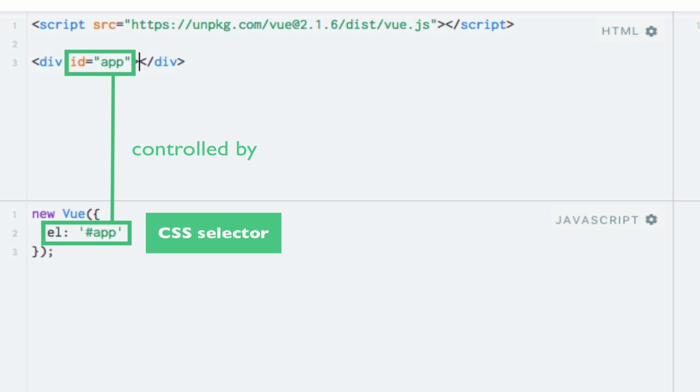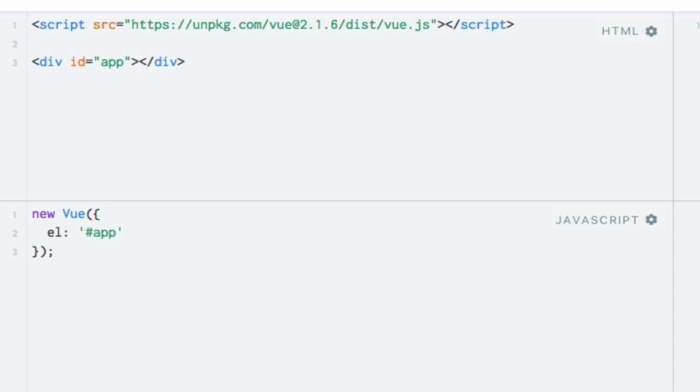Now instead of just writing hello world directly in the HTML, let's make it more dynamic by using something called string interpolation. In order to do that, we have to first shift our attention back to our Vue instance and introduce a new property named data. As its name implies, this is where we'll add the data that we want to be accessible within our Vue instance, and thereby within our template as well. This property must be an object of key value pairs. Let's say that we want to store a message within the Vue instance. So we add a key named message with a value of hello world,